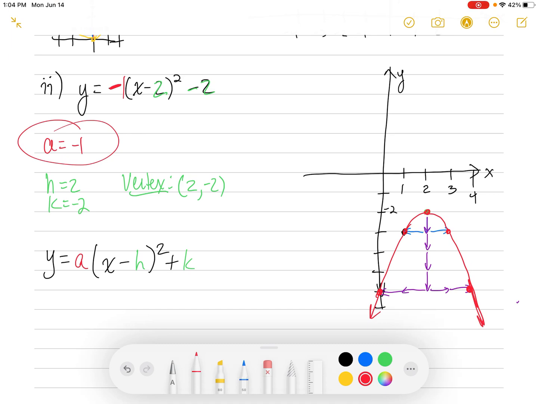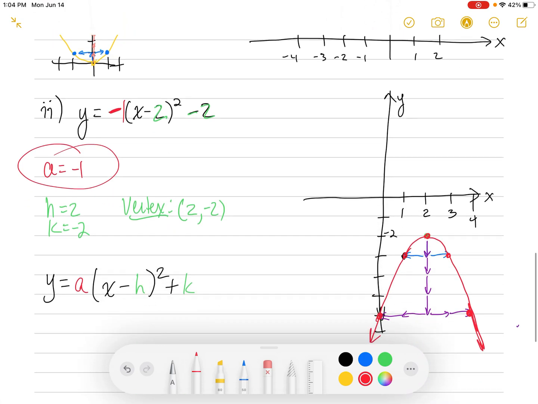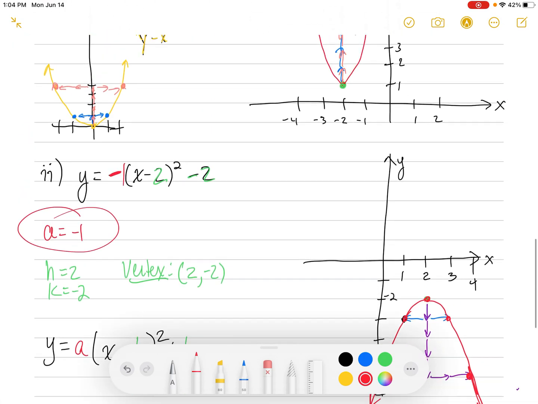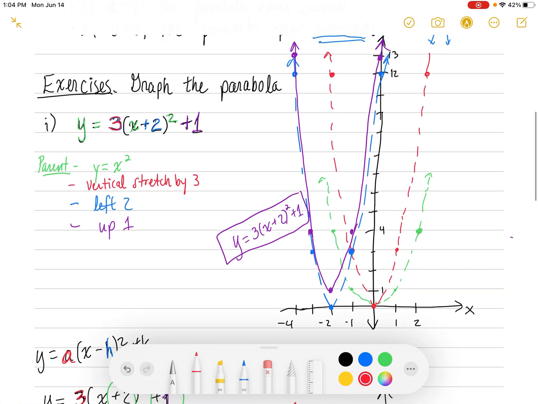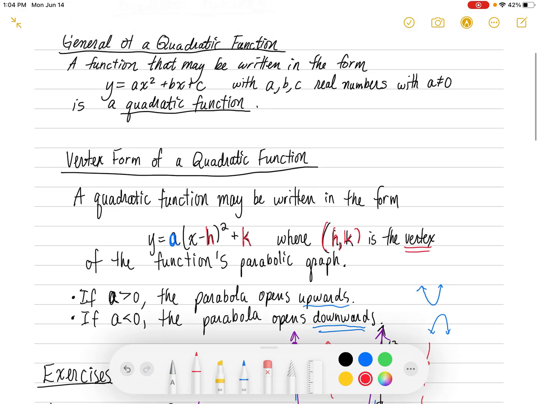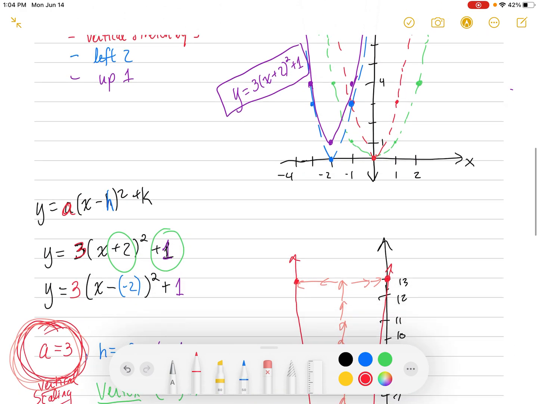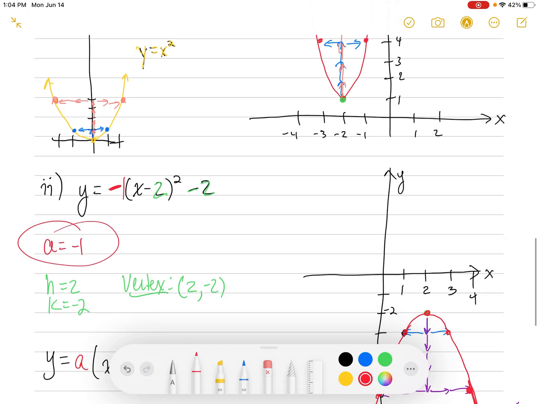Now that's the quick way to do it without actually using the transformations. Yeah, it's a nice way to do it. You can use transformations if you want. All right, so I think we'll pick up